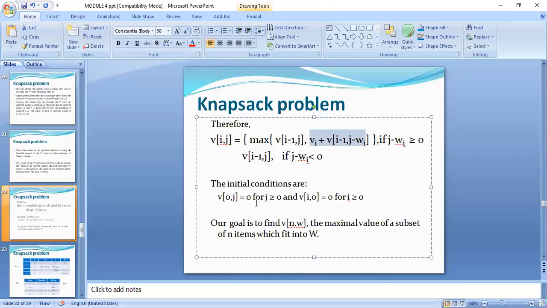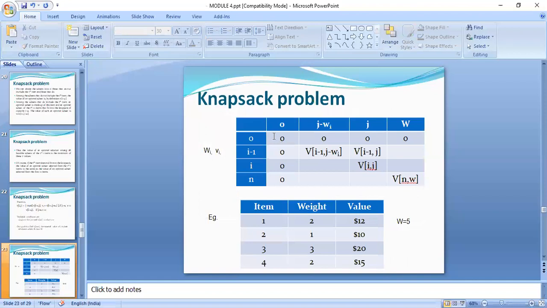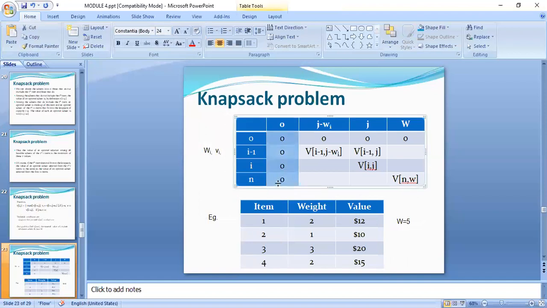And hope you remember that in the introduction part, when you have seen the dynamic programming, it is based on a recurrence relation, and we have to solve the subproblem and store it in a table. The results will be stored in a table. So for any recurrence relation, you are supposed to give the initial condition. So here, this is the table where you are filling with the initial value. What is the initial value? The initial value is nothing but 0. That is being filled in the first row, first column.